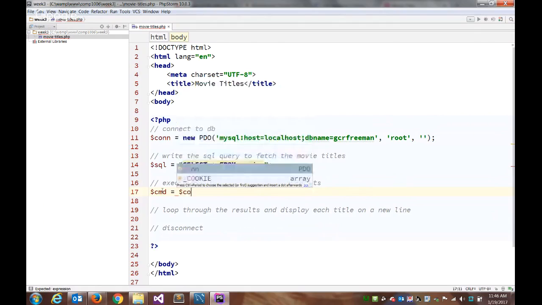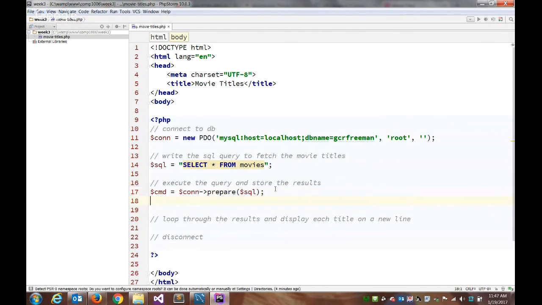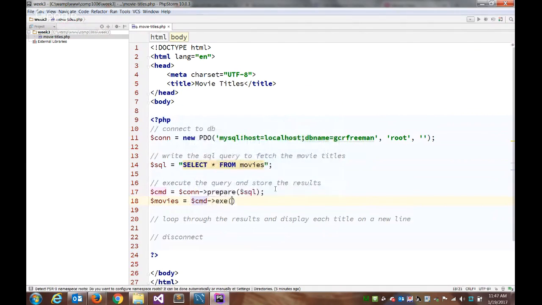So we'll take our connection object and we'll call the prepare method. We'll use our existing connection from line 11, our existing query from line 14. We'll create a new command using those two, and we'll prepare, then we call